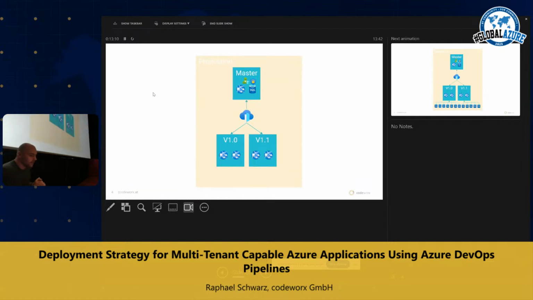On the infrastructure view, it looks a little bit like that diagram. So we have a production environment. That production environment consists of a master environment that exists only once. So the master database, the master service, also the identity service on top there, only exists once in the production environment. And then we have a number of